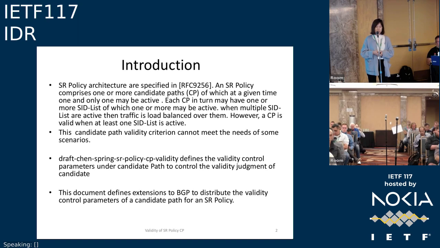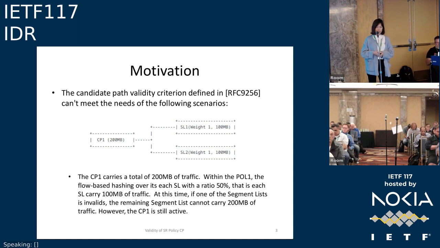A draft, transparent SR policy CP, defines validity control parameters for candidate paths to control the validity judgment of candidate paths. This document defines an extension to BGP to distribute validity control parameters of a candidate path for an SR policy. These are the motivations. The candidate path validity criteria defined in RFC 9256 can't meet the need of the following scenarios. For example,